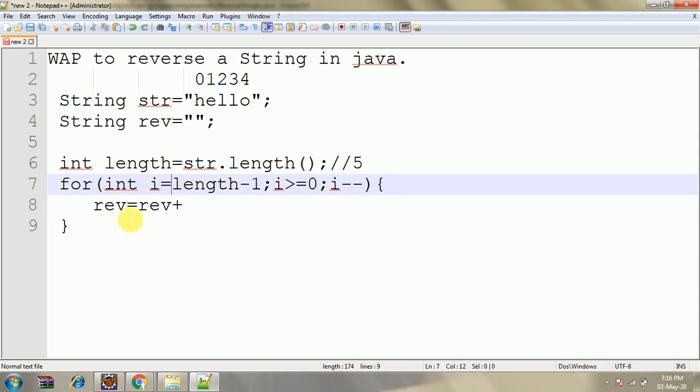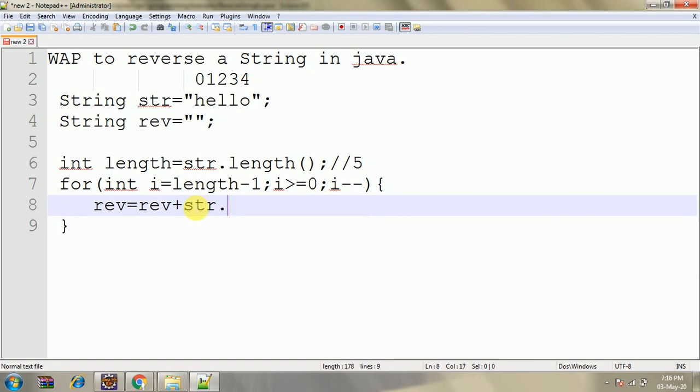So reverse is equal to reverse plus str dot. In the String class we have one more method, charAt. In charAt we provide the index position and it will give us the character at the specified index. So charAt index i.